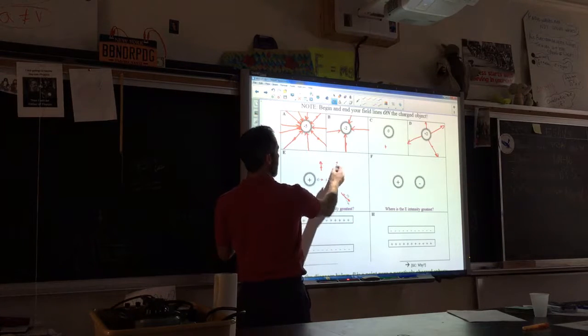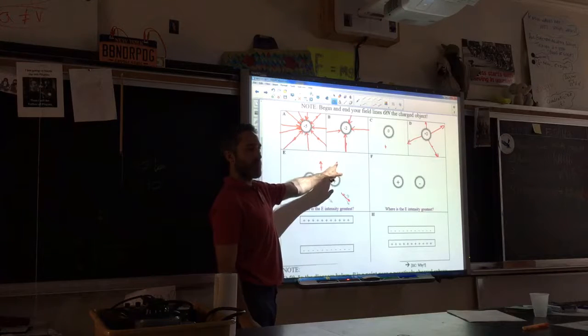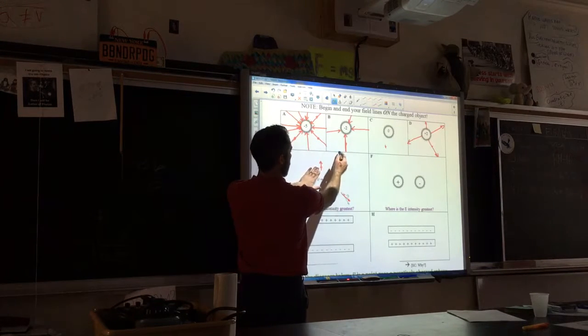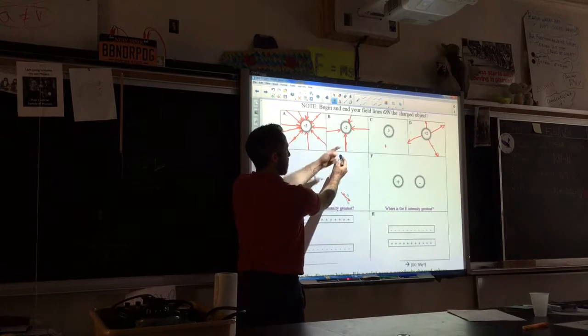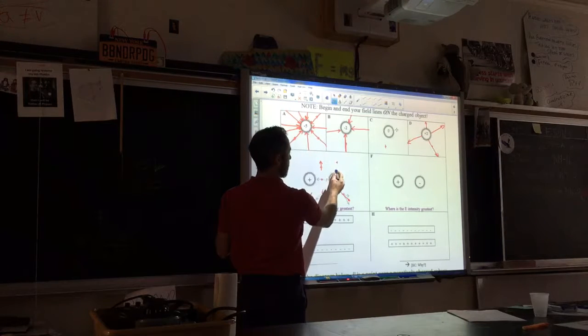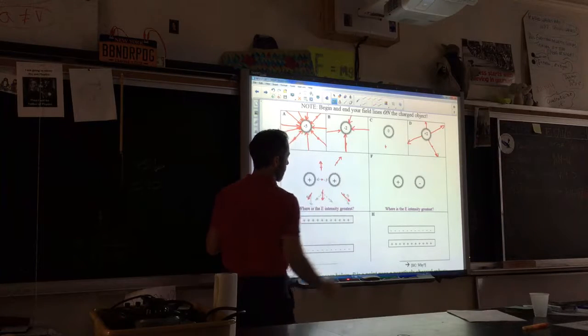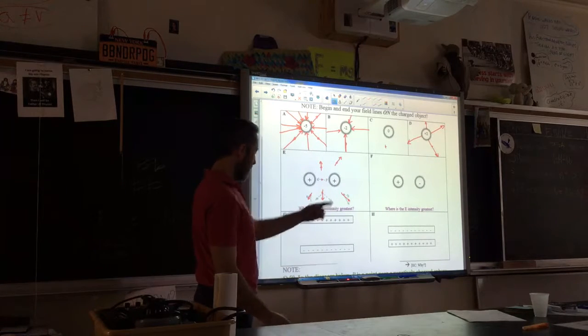Can you start to get an idea of the resultant electric field of this one? If you ignored this one, it would just be straight away, but this one has the effect of pushing it a bit off to the right. So instead of going straight up, you're really going to be a little more to the right. Okay, now,